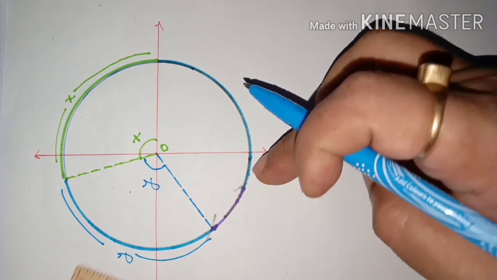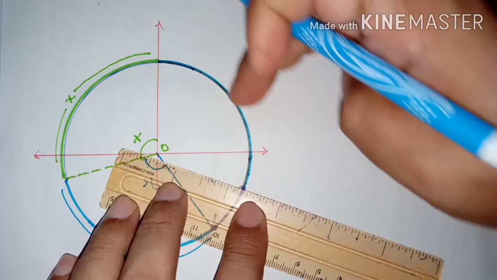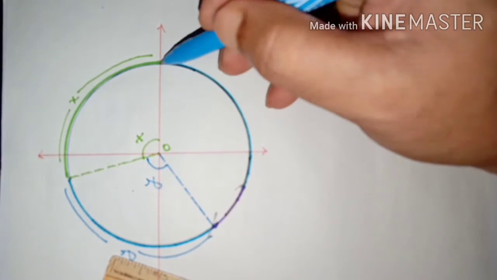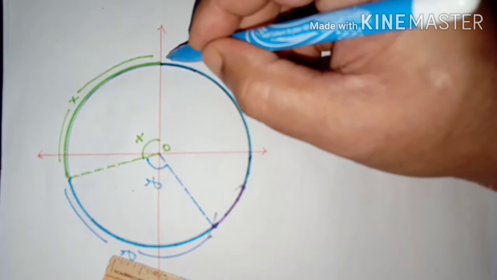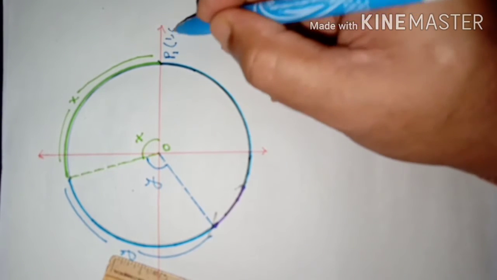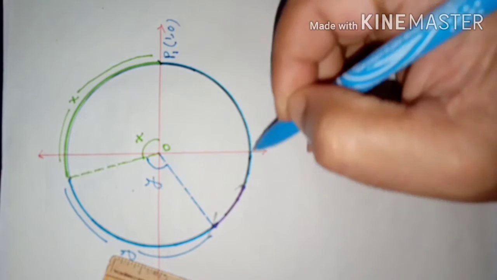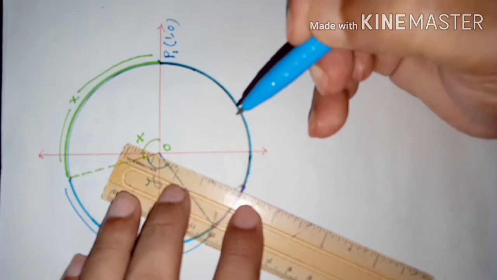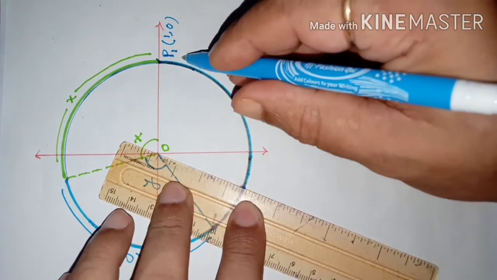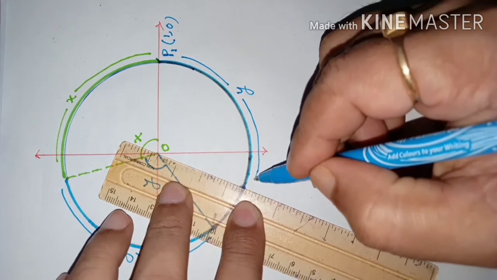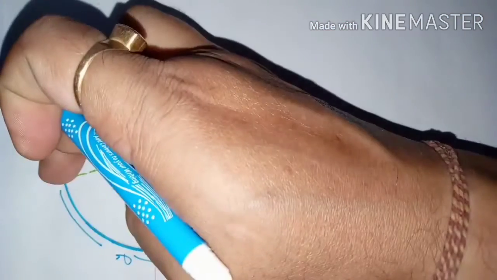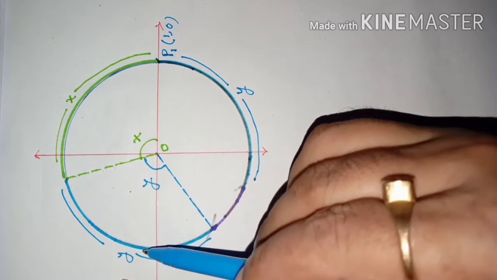Now this arc is also drawn, which is sky blue in color, and since I have drawn it in clockwise direction, I am saying that it is drawn in clockwise direction. We are measuring from this point, say this point is P1. Its coordinate is (1, 0). Its length is also y unit, but in clockwise direction, whereas the previous one is taken in anti-clockwise direction. So what is the angle subtended by this arc at the center?